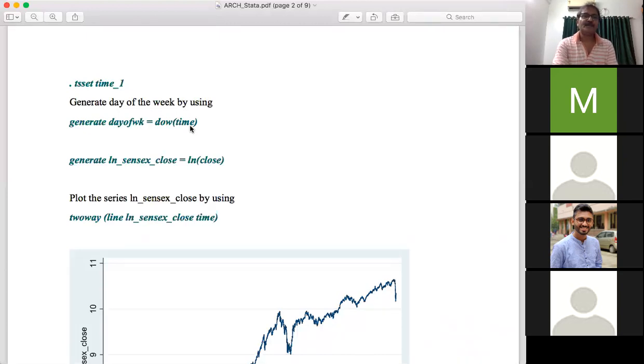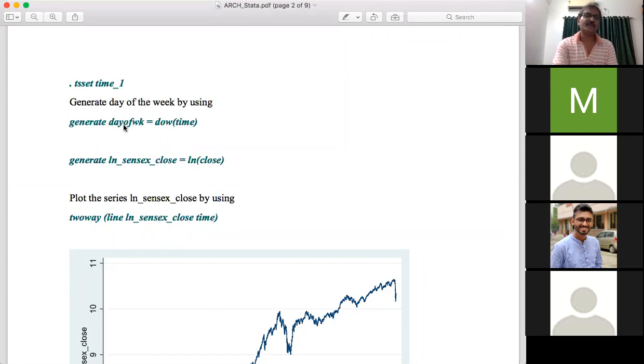Now, if we look closely, here we have put the time variable time, the original time variable we have generated, not the hypothetical time_1. Okay, so generate dayofwk is equal to, so this is the name we have put here.